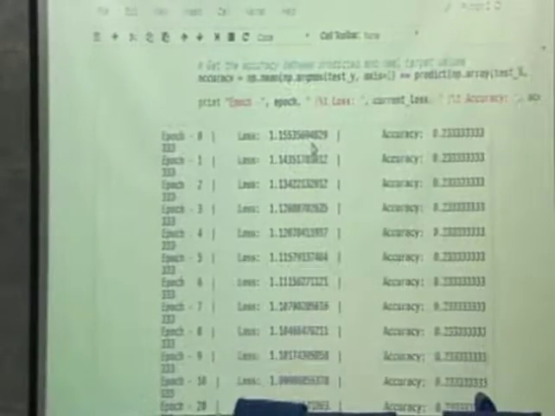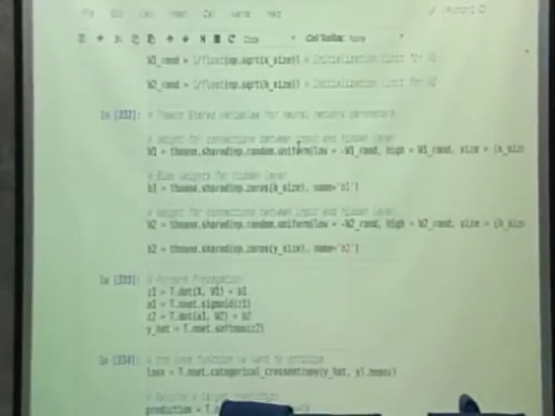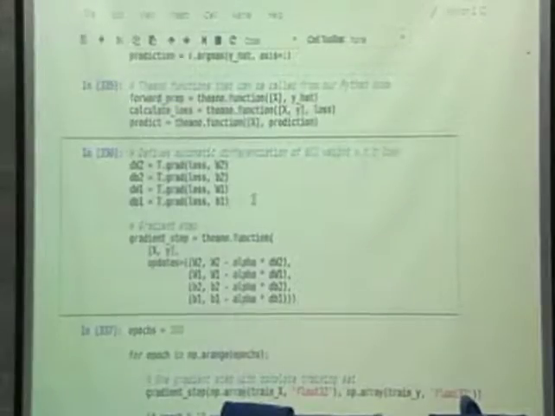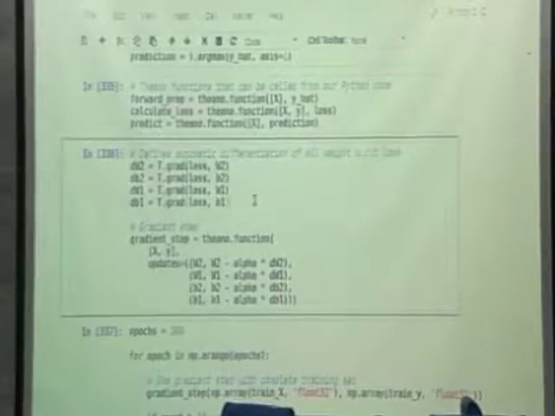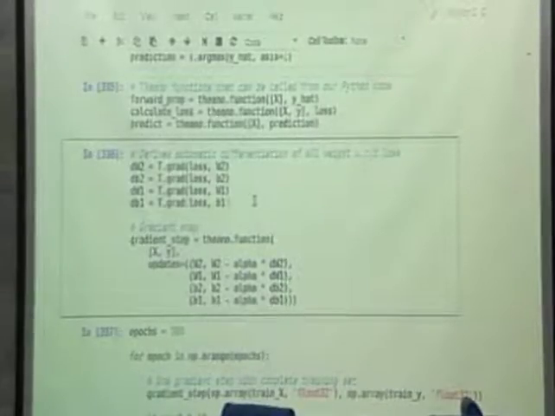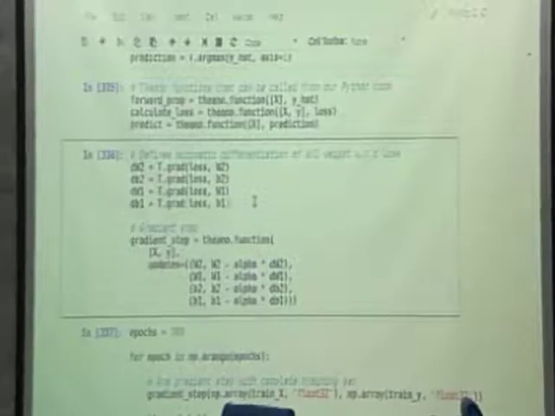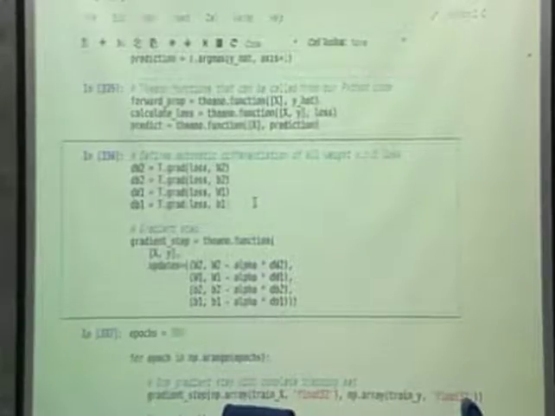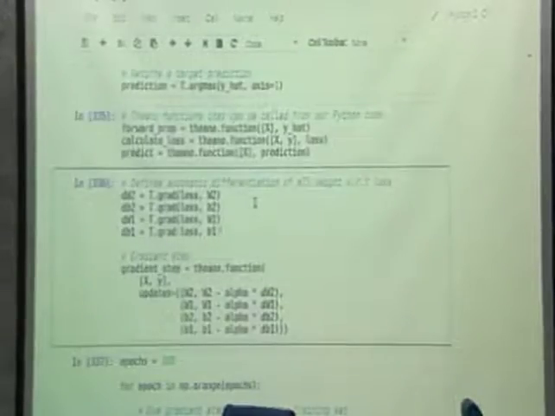So I think this is the main idea of Theano and how we use Theano with the neural network. If you go on and write these gradients on your own and try to write that backpropagation algorithm on your own, you'll see that writing all those chain rules, all those differentiations, or even updating your weights is a lot of hassle. In this case, Theano does all of that for us. And most importantly, you can also run it on the GPU.